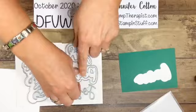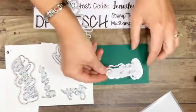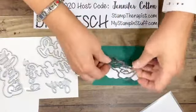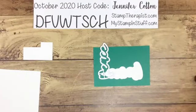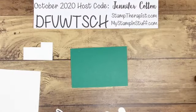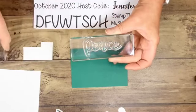So the die, this is the big bubble one that I pre-die cut for you just to save time. And then I'm going to also die cut the second one. So I'm not using the skinny piece on this one. And I've already done this, so I just need that one right now. Okay, and then I'm going to heat emboss the word peace onto this shaded spruce cardstock. So I have the peace stamp, and then I'm also going to say on earth in a little bit, but